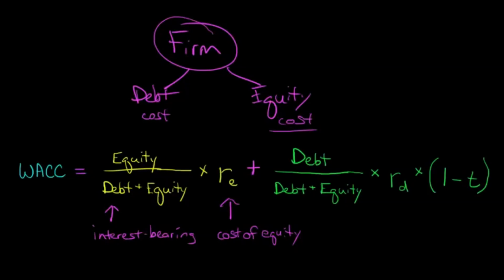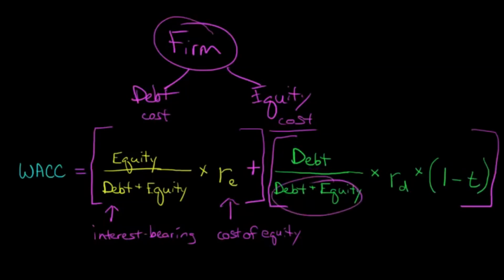So this is all one big component of WACC, the equity side, but now we've got the debt side. Debt is part of this financing of the firm. So now we take a look at the firm's interest-bearing debt and see what proportion that is of the debt plus equity. What proportion is the debt of the firm's financing? And then we're going to multiply that by the cost of debt. This would be like the yield to maturity on the bonds or something like that. Maybe that's 6% yield to maturity. So the cost of the firm's debt, and then we're going to multiply that by 1 minus the tax rate.